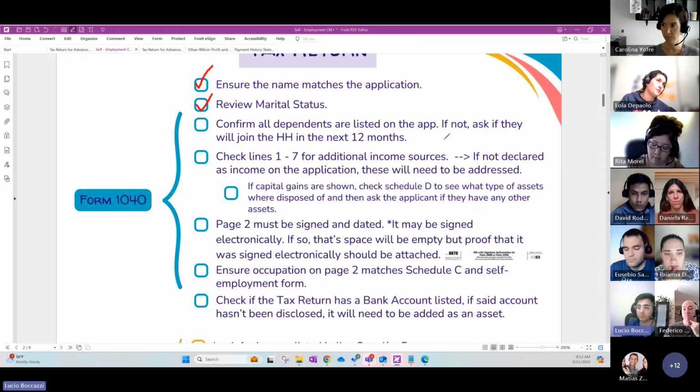Am I making sense so far? Did someone unmute for a second? I was on mute. Okay, so